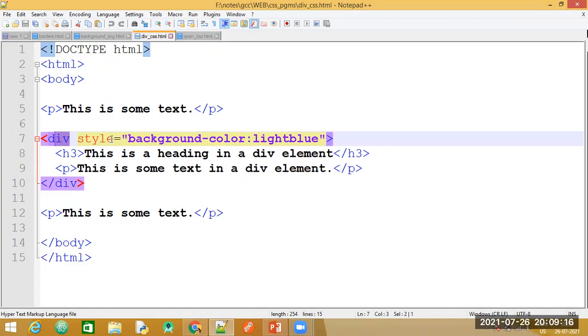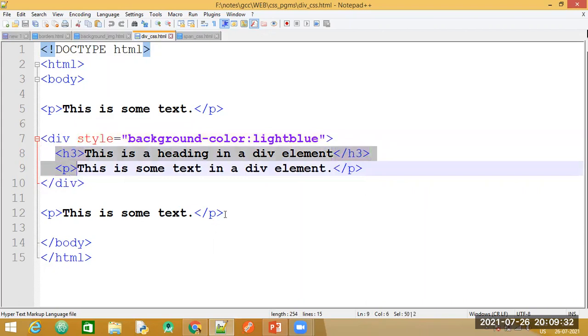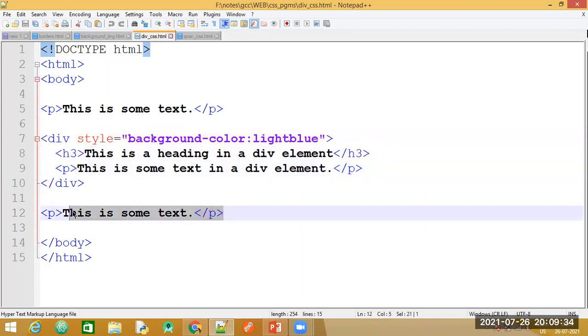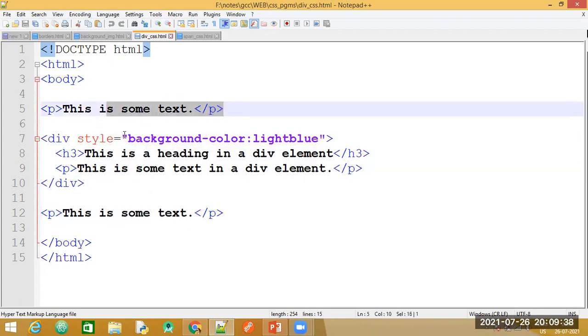So again, a style, the basic property for the CSS, and inside the division tag, I've specified one heading and one p tag. Whatever effects I apply in this style property will be applied only to these two elements, and not to those tags which are outside the division tag. So the property I've given is just the background color.